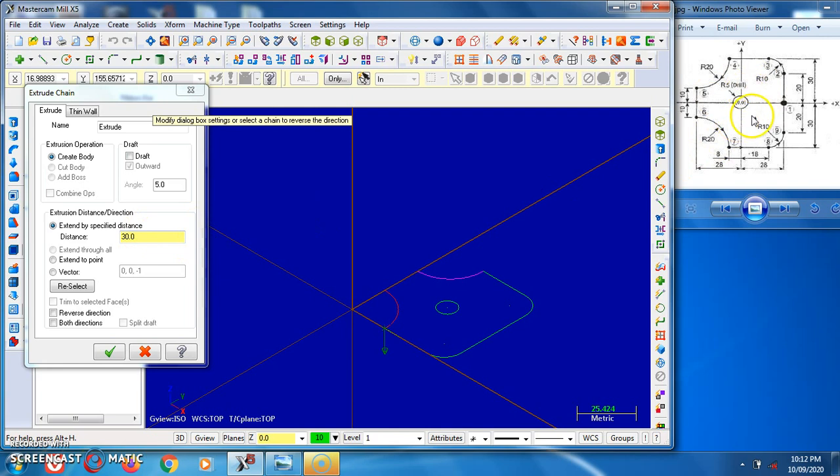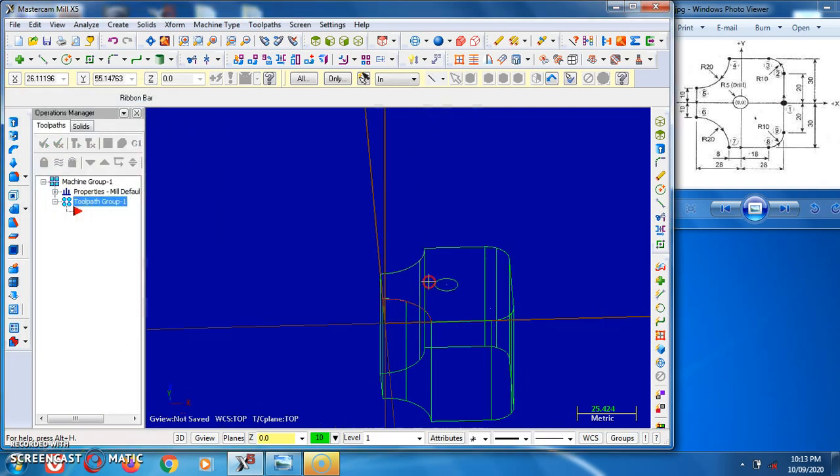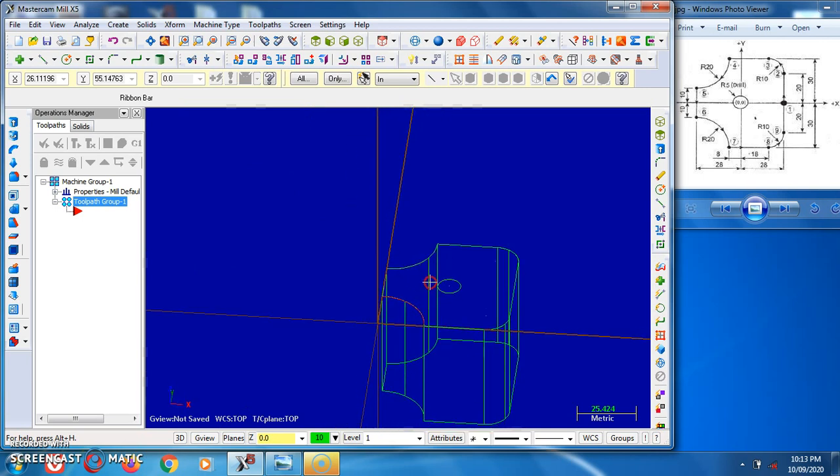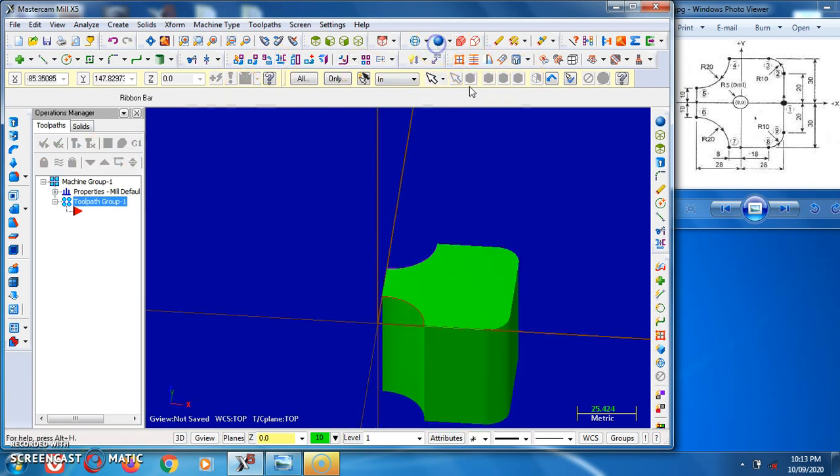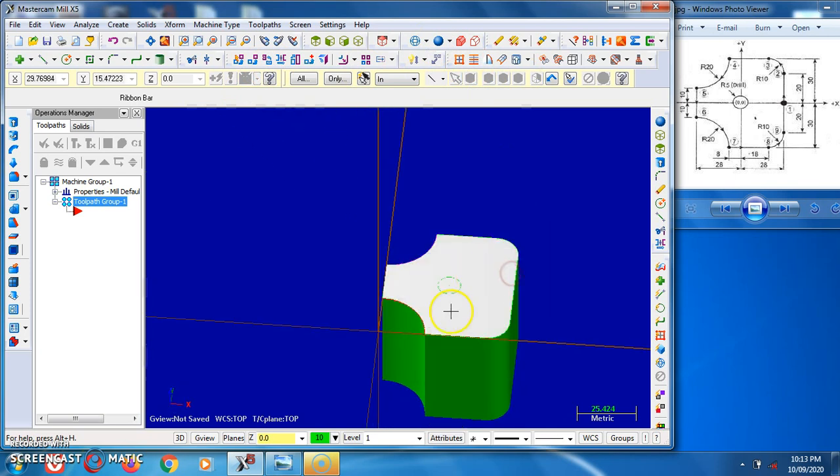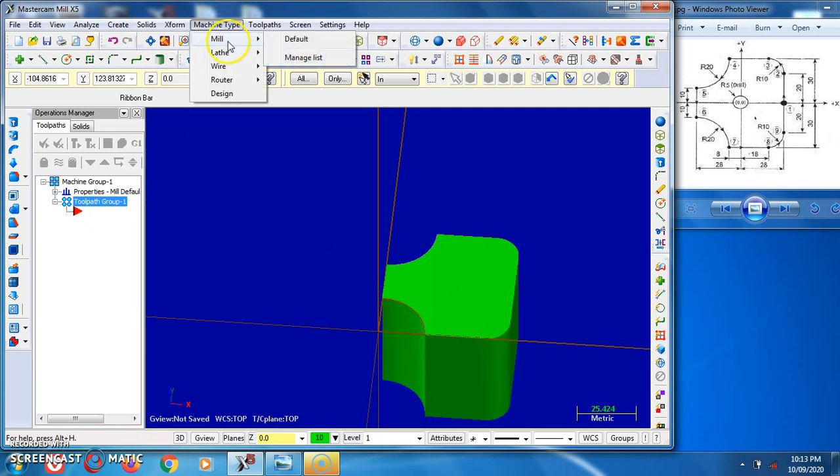So consider this component having a thickness of 50 mm, for example. Then enter 50, okay, and use the option create body because we have to create the solid. So now we are getting this component of 50 mm size, right? Now see in the shaded region, this is our solid part and its datum Z position is 0. Below this Z position we are required to give the toolpath with a negative Z value because this is the datum, 0 surface.